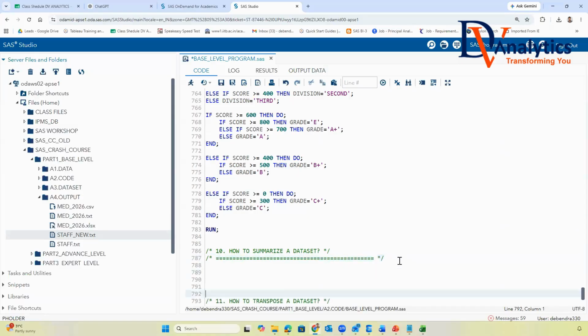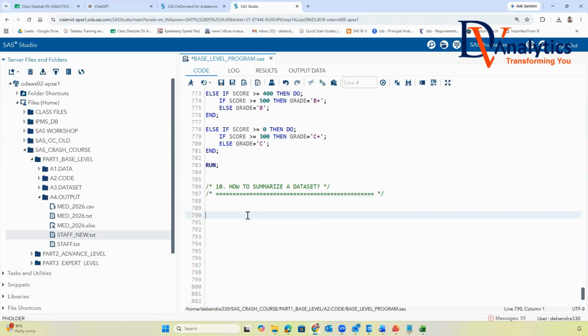So in the summarizing table in SAS, what we do, we use proc sql, quit, just like burger cake: upper cake, lower cake, and masala in between. What is the masala?